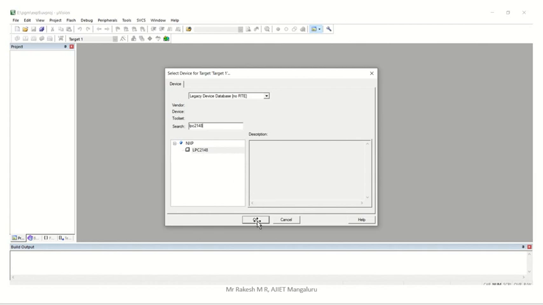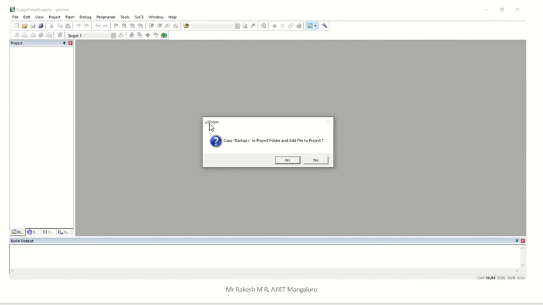Once you click OK, you will get another screen here, that is copy startup.s to project. That screen will ask whether that startup.s code is required or not. That is actually the library file required for an embedded C program.